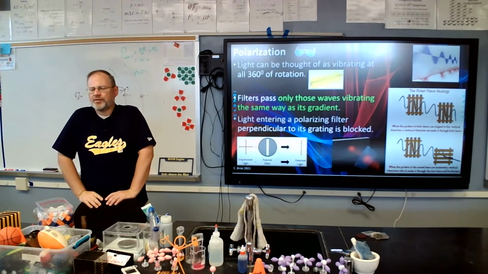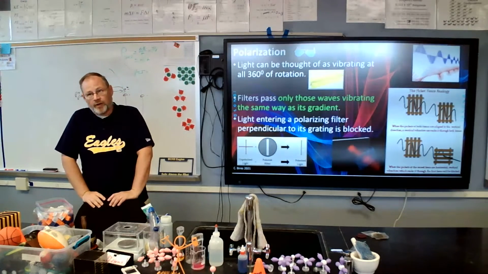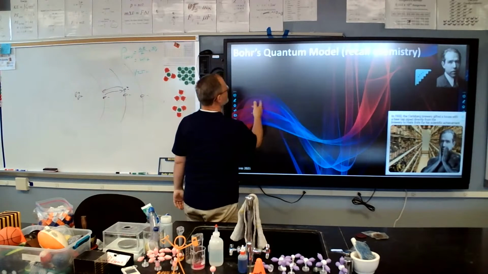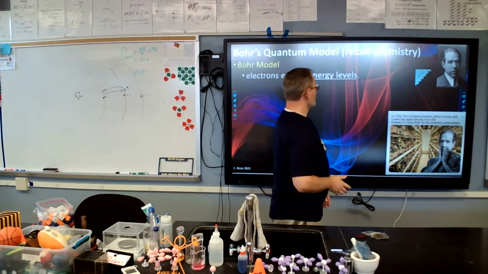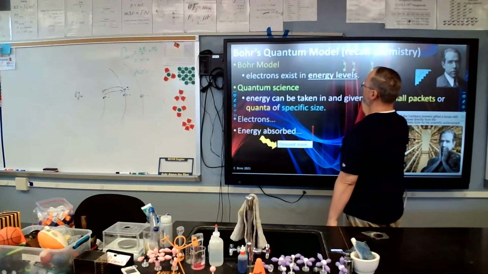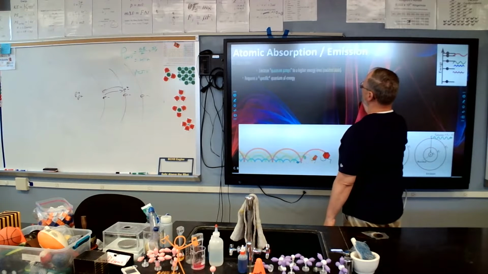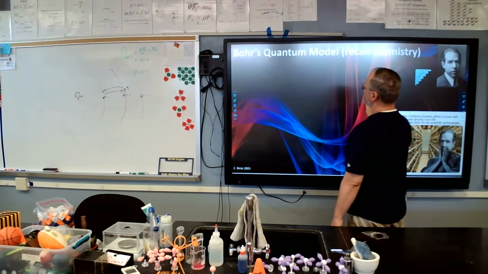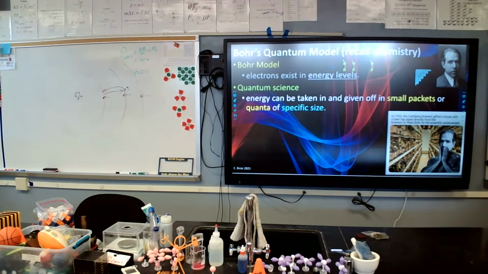All right. This next slide is a review from chemistry about Bohr's model, and it ties a big loop to what we were talking about at the very beginning of the period about light traveling out of atoms. Quantum and then it's photoelectric. Okay, cool. So, review the Bohr model. So the Bohr model basically says,